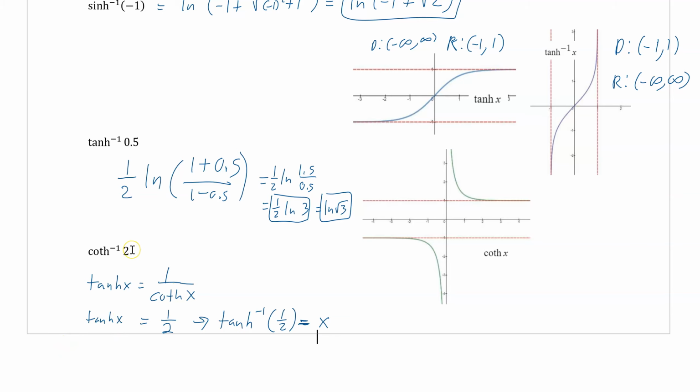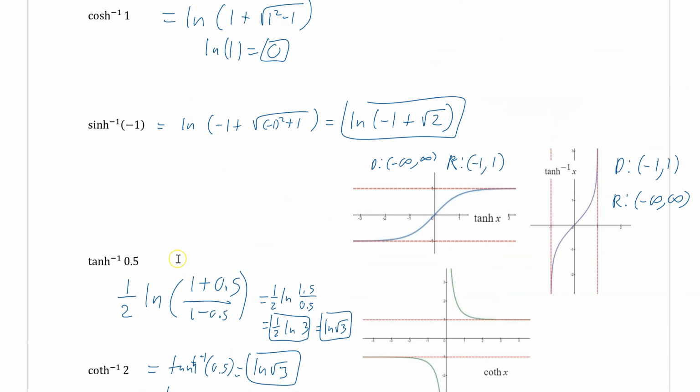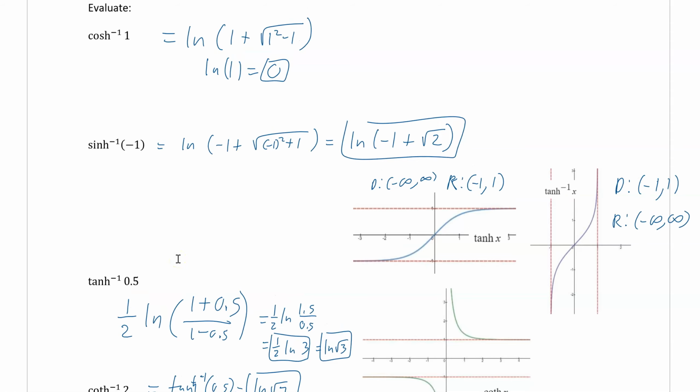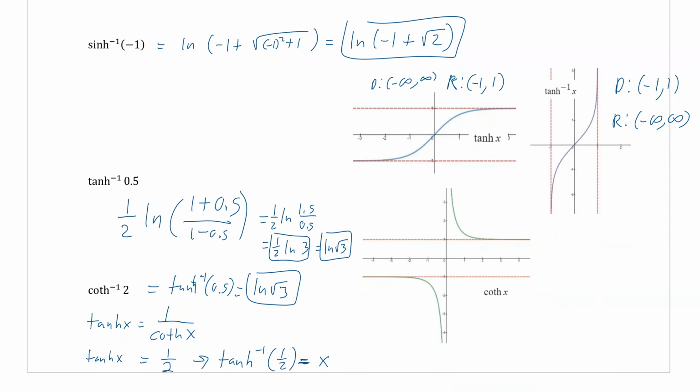So really, having a 2 in here for a cotangent, if you just flip it, it tells you what it is for the other one. So this is really just the hyperbolic function of 0.5, which we already know to be ln of root 3. You're not going to run into any of these. We're dealing with just plain old base 3 ones that we are going to deal with, but just so that you have it, there you go. So if you want to know more about that one, even though you don't have to cover it, you can keep continuing. So if you look at your cotangent, your domain here is from -infinity to 0, union 0 to